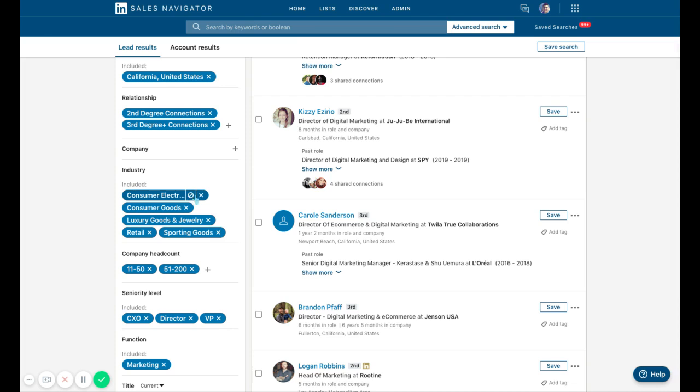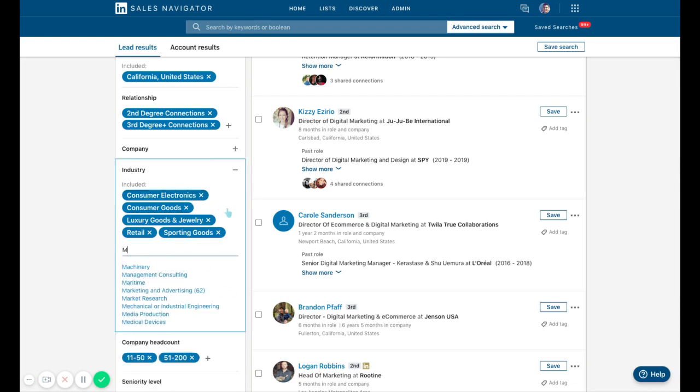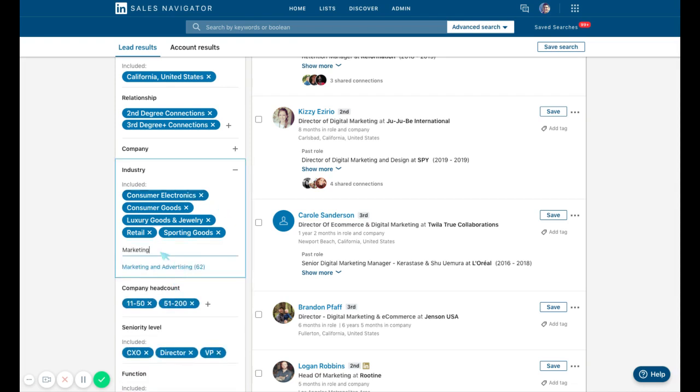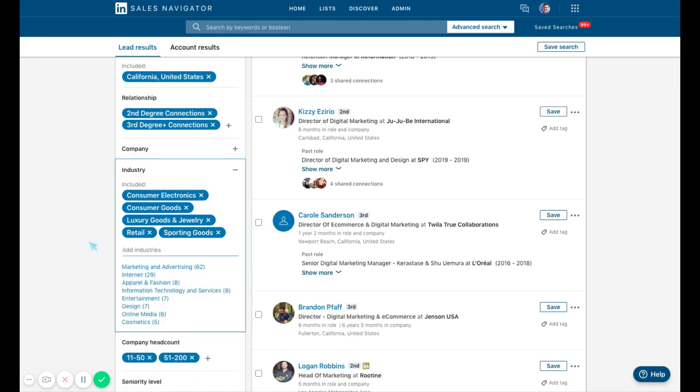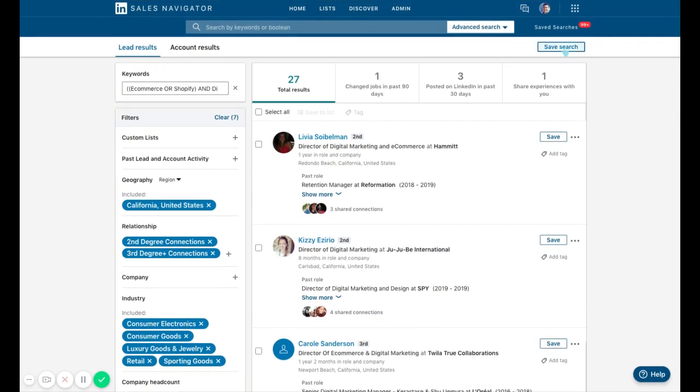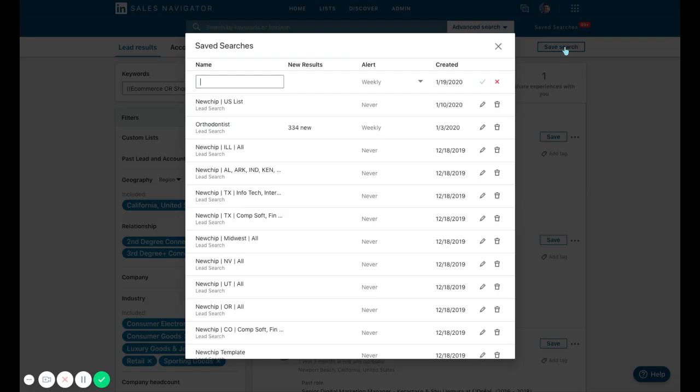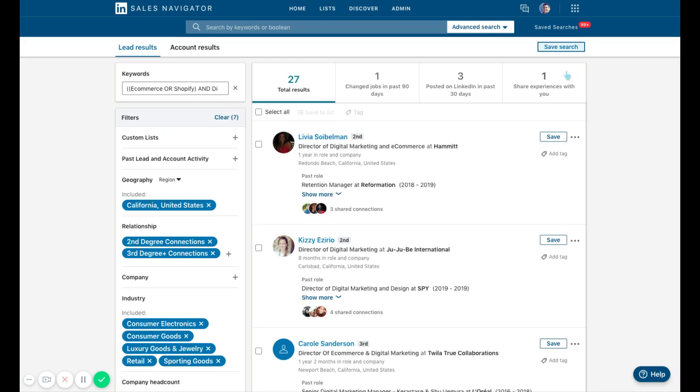You can use exclusions in any of these sections. If I'm getting ad agencies, I might want to exclude that industry here. So anyways, those are great ways. And then lastly, when I'm done, I'm going to save searches, right? And I'm going to name them something very specific so I can come back and target that list, e-commerce owners. And that is it for today. That's really all you need to